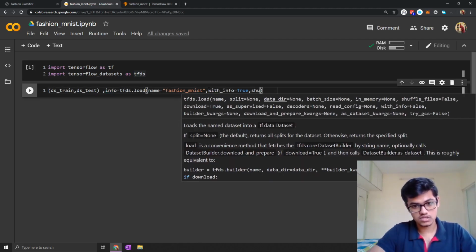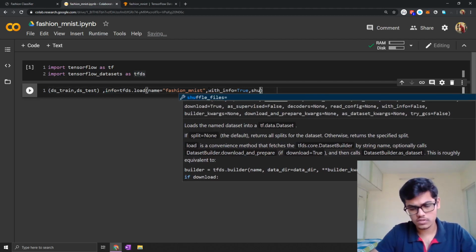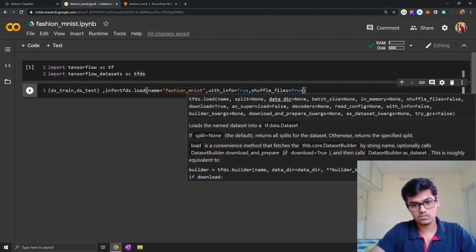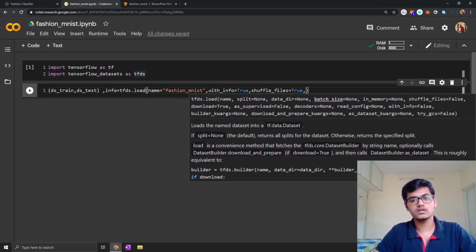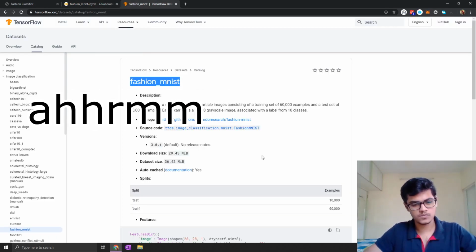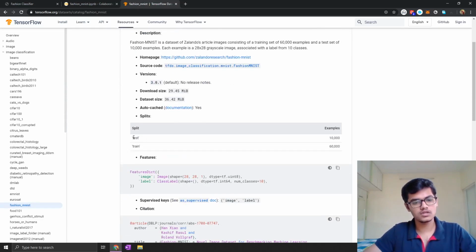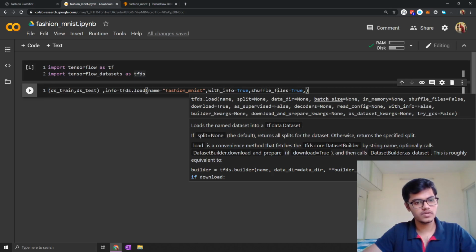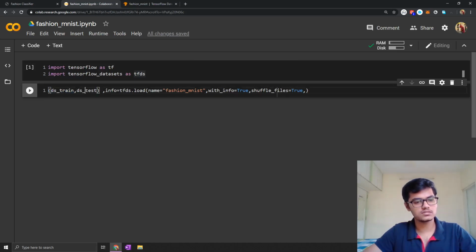Then we will shuffle the data. After that, there are two splits in the dataset, so we have already defined train and test in the form of a tuple. So we will tell TFDS to split it while loading.